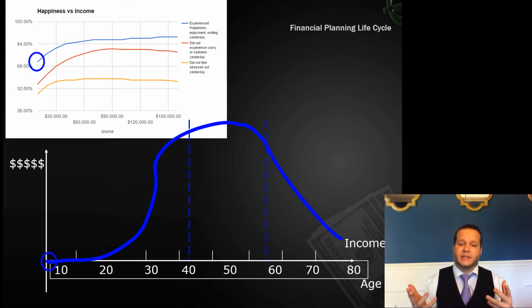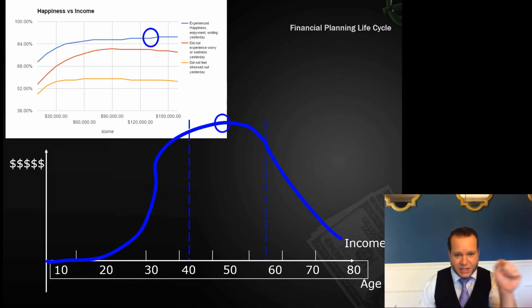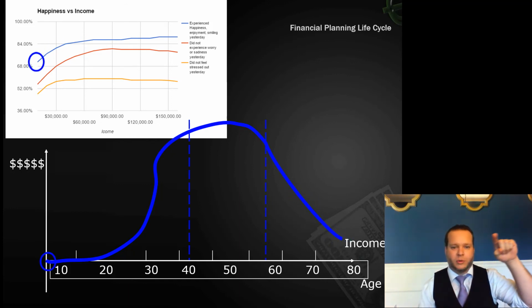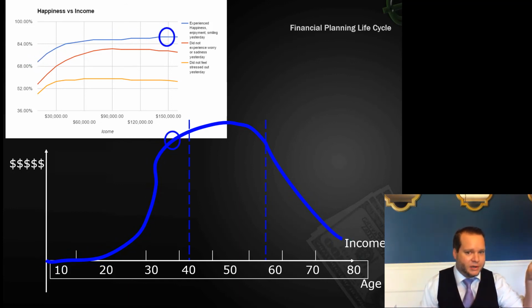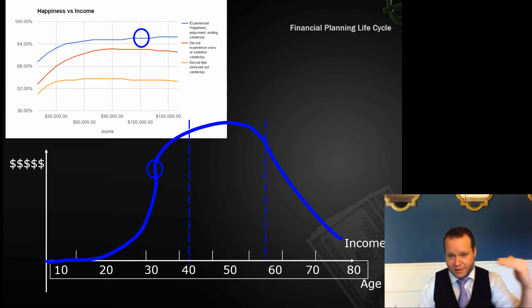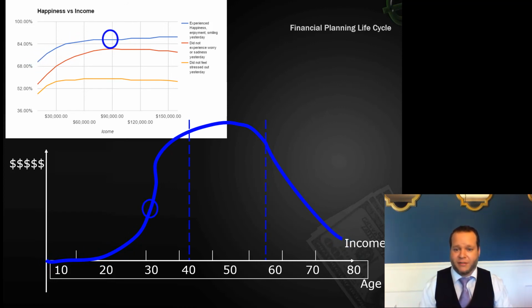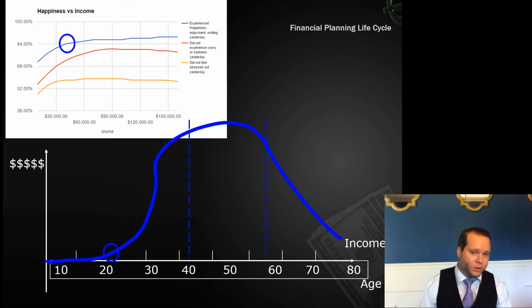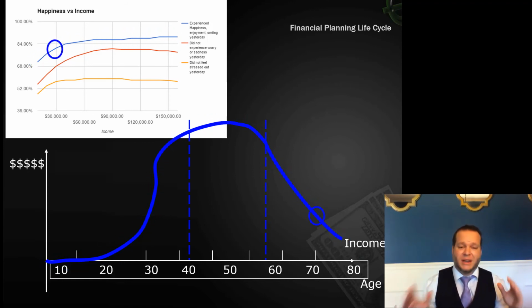But what do you notice? When we're in the high income section of our life there, and we're spending more and more and more, are we getting happier? Is our life getting better? The answer is no. See how flat that happiness line, that blue line of happiness is? Very, very flat. And so it doesn't make sense to spend a ton of money in our middle years and then be completely broke when we're young and when we're old. Because spending more and more in our middle years does not give us significantly more amounts of